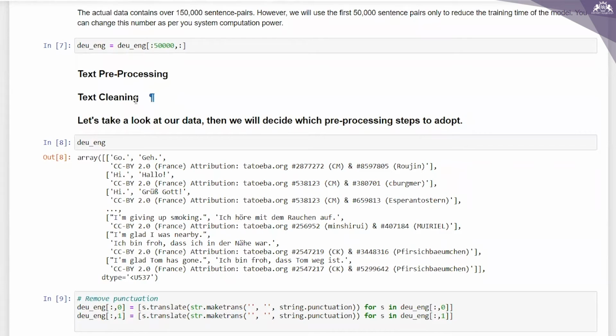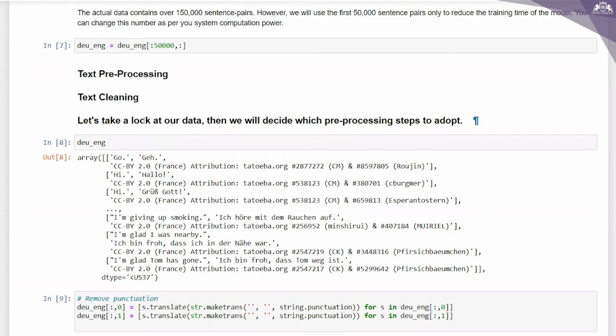Basically it is nothing but the text cleaning step I'm going to start with. This is an important step in any project, especially in NLP. The data we are going to work with is basically unstructured data. So there are certain things we have to take care of before jumping to the model.